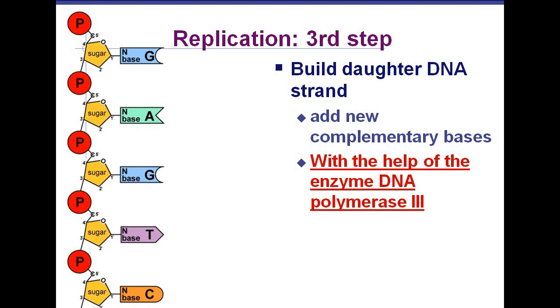Now there is the working of the enzyme DNA polymerase. The synthesis of the new DNA strand is catalyzed by the DNA polymerase, which occurs in the 5' to 3' direction. The synthesis of the two new strands of the DNA takes place in the opposite direction, one in the 5' to 3' direction and the other in the 3' to 5' direction. The new nucleotides are only added at the 3' end of the ribose sugar.